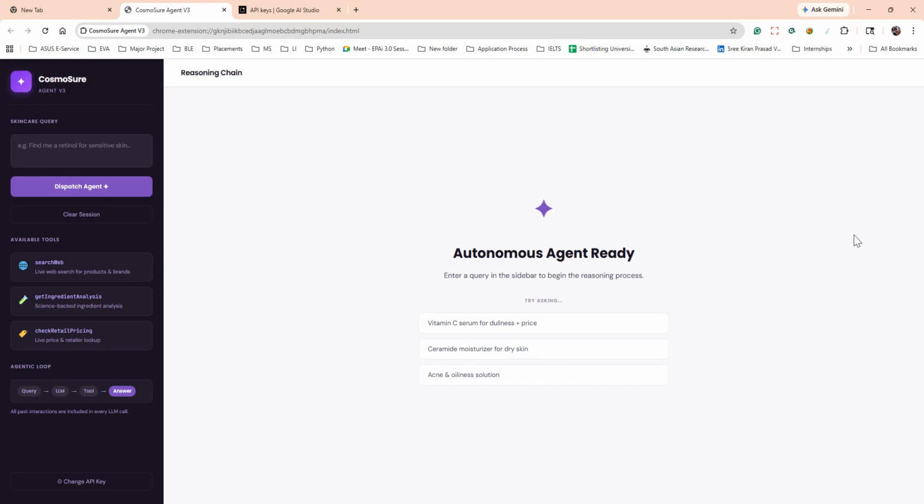Let's see the agent in action. For this, I'm going to give it a skincare query, a query that I had from a long time. So let me ask it to find the best Korean skincare routine for glass skin.